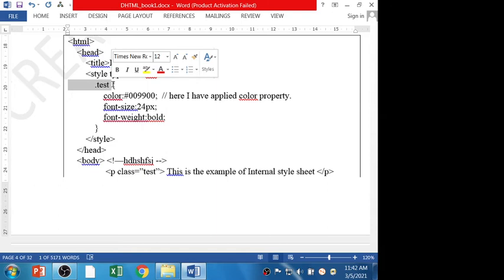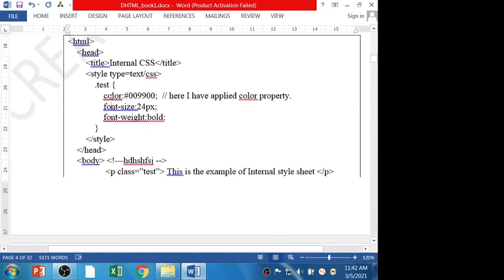Instead of dot, if it were hash, it would be an ID. In the class I have mentioned a few properties. 3 properties I have used: color, font size and font weight. I have closed the class using a curly bracket and closed the style tag.